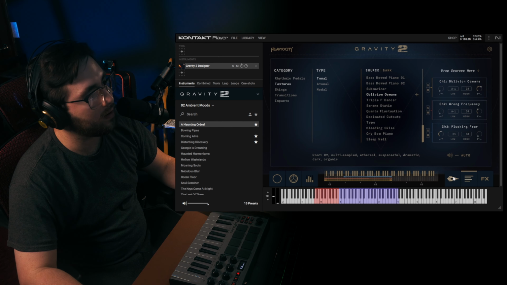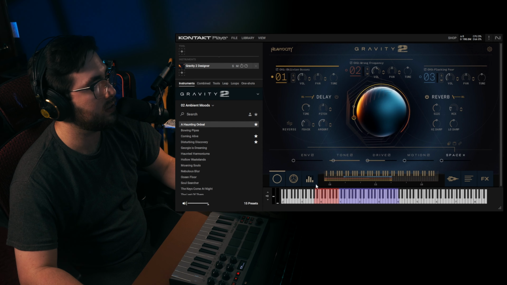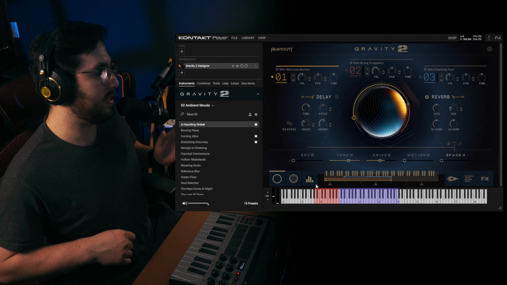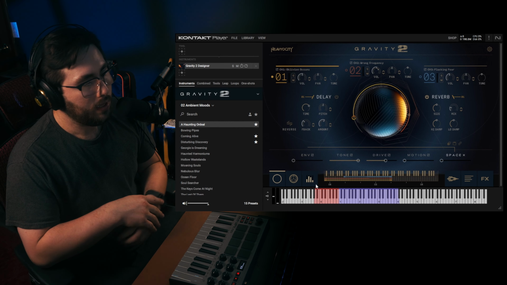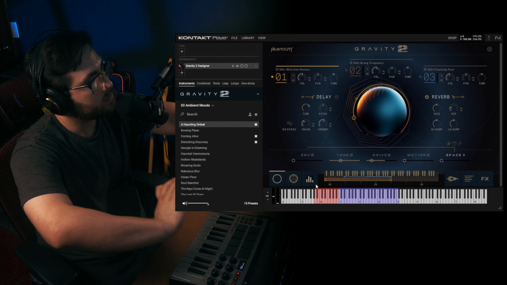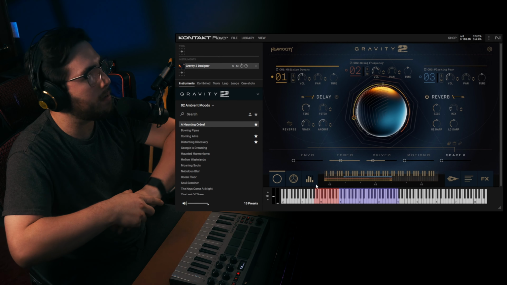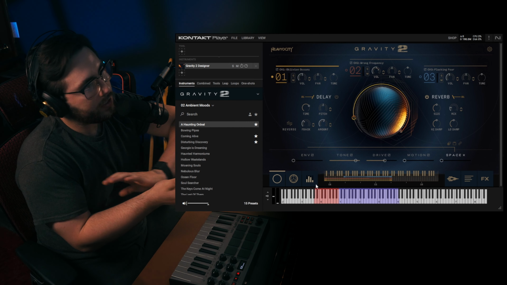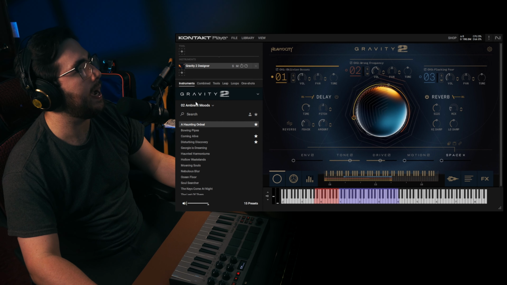Crafting your sound design. That's one of the things that I love about Heavyocity plugins is the sheer amount of sound design that you can do yourself with the presets that they give you. Like the amount that you can manipulate and change and make it ever evolve. It makes it so useful for so many things, and you can make your own unique stuff. If you don't want to be one of those people that just uses the presets, even if they're extremely good, you can change things however you want and make them your own. And that's why I love